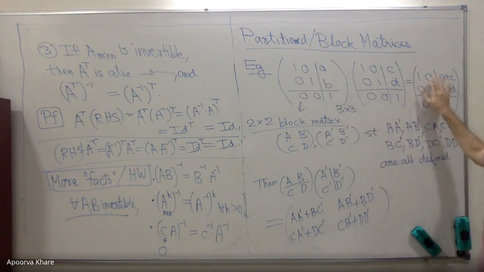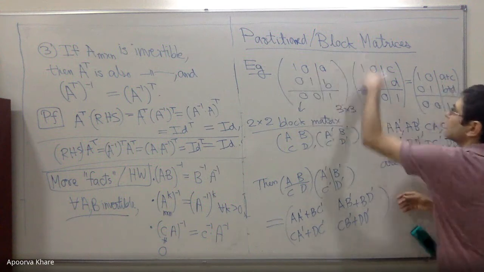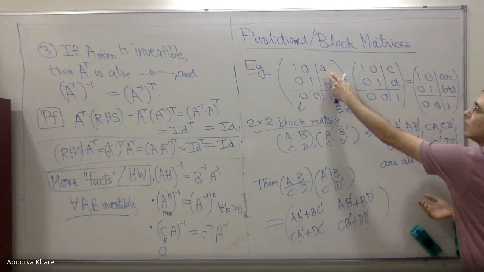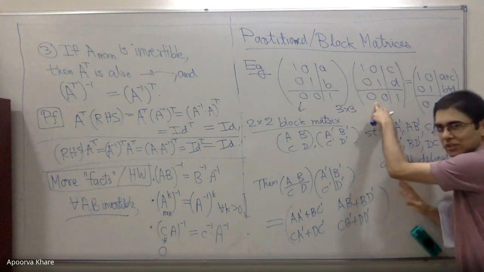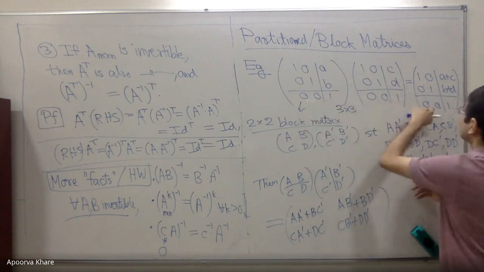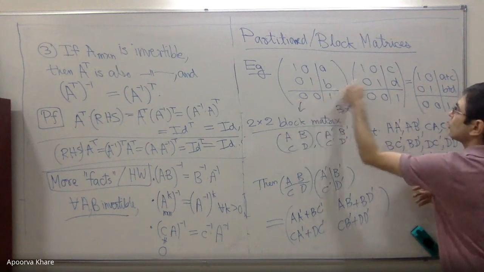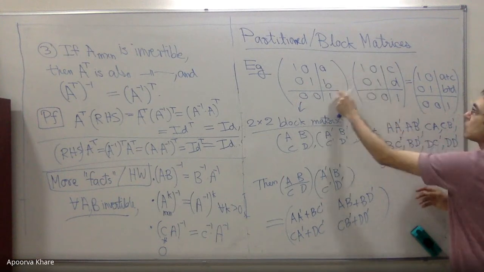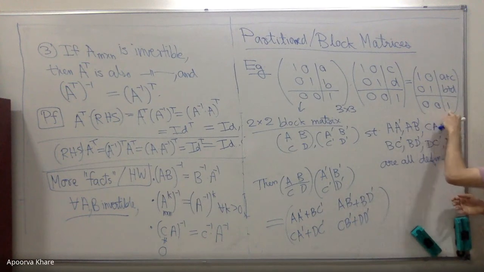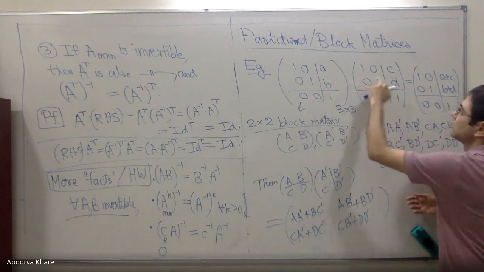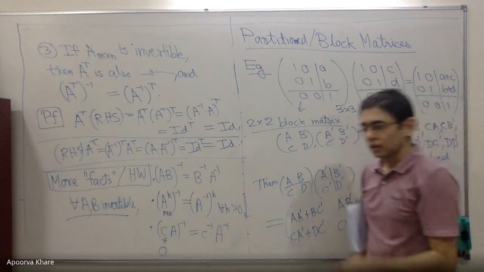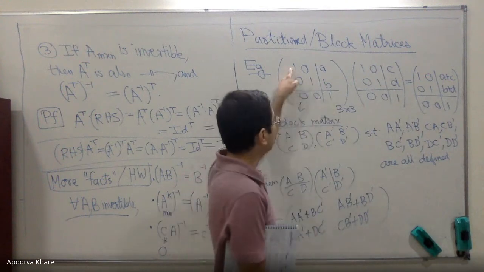Identity. So if I want the 1/1th entry here, it is the first row times the first column. This is identity times identity, which is identity, plus this one times 0. Well, anything times 0 is 0. So I just get identity plus 0, which is what I write. Now look at the second row, first column. So 0 times this plus 1 times 0. So you get 0 plus 0. How about the second row, second column? Well, 0 times something, which is 0, plus 1 times 1. So I get 1.